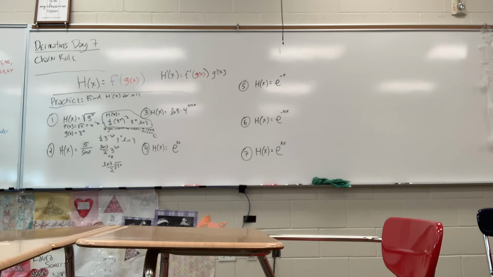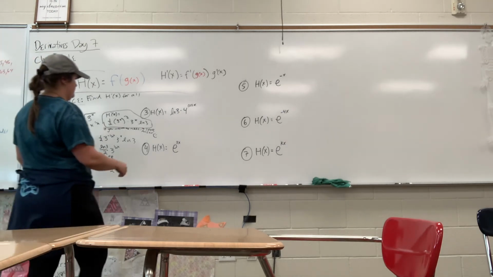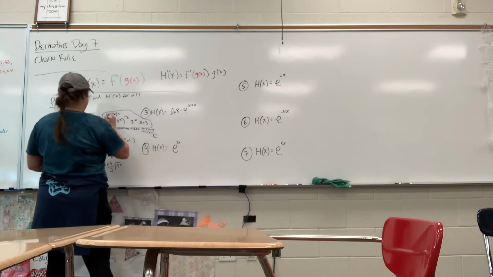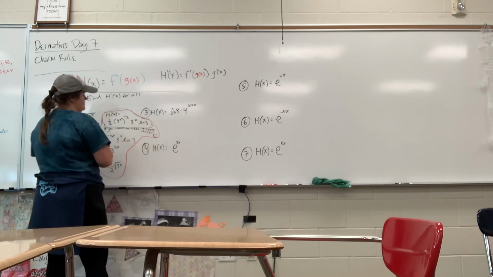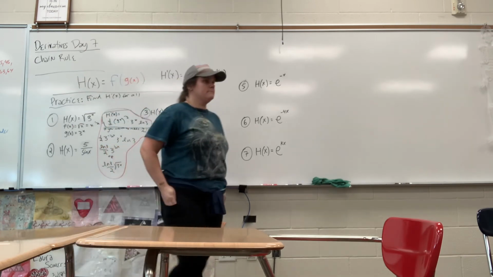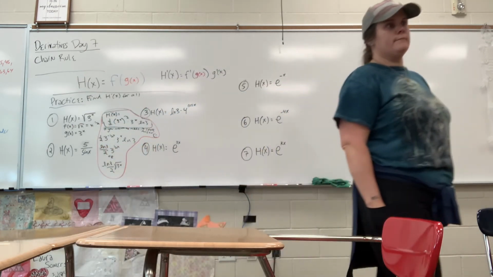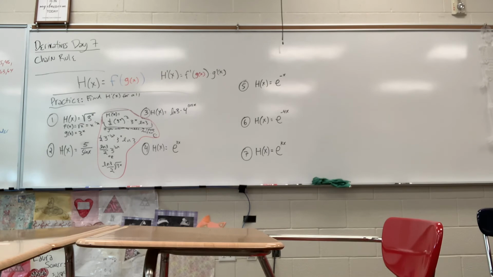Oh, that's what I got. Did you get negative 1 over 2^x? Oh, yeah, I guess you could write it that way. And then you would multiply by